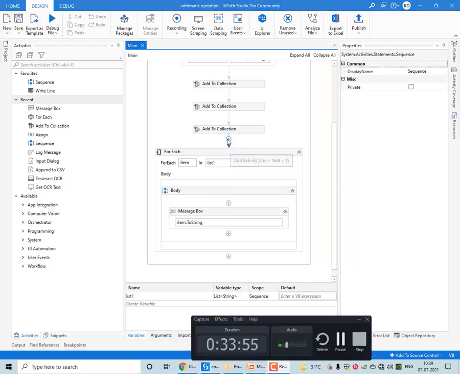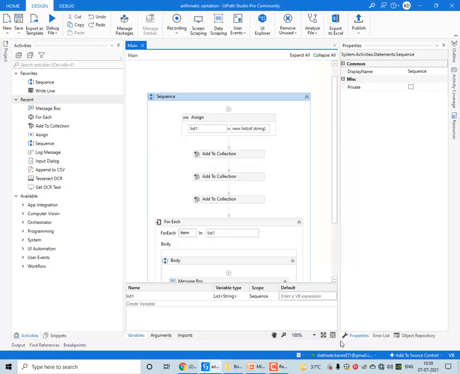I hope this point is clear on your side. This way we have seen different types of variables in UiPath.